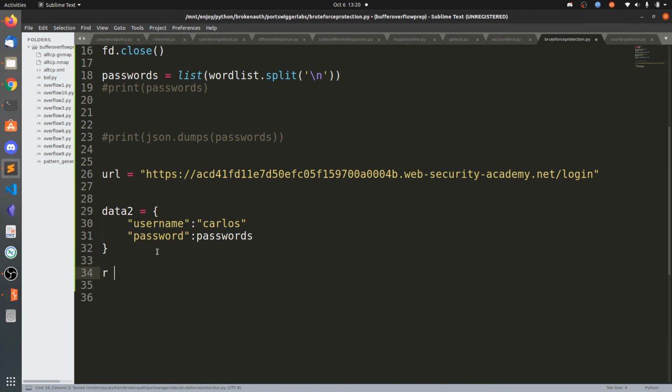So what we are going to do is r equals requests.post of URL, comma, data equals. Now we need to convert this dictionary into JSON format, json.dumps of data2. Now print r.text.